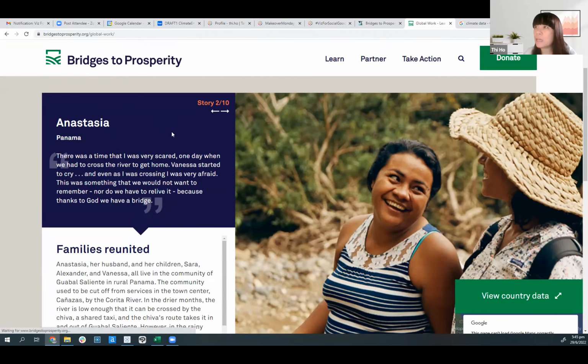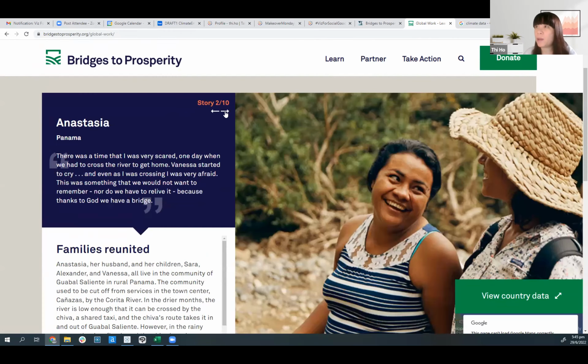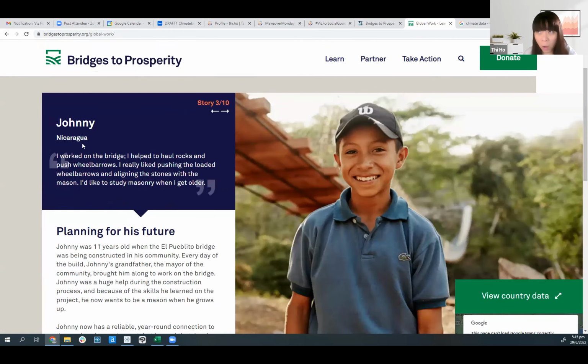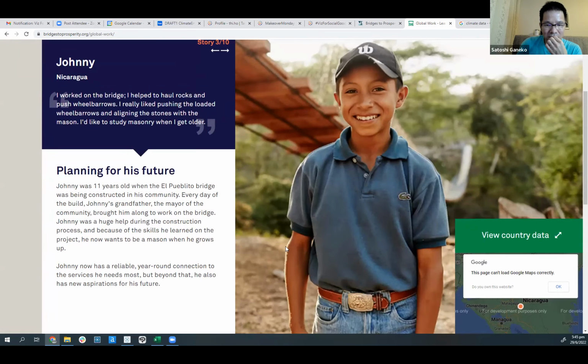We can see people from different countries like Rwanda, Panama, Nicaragua, which could be used together with the data set for Nicaragua that we saw just now about the wage income for bridge and no bridge. So this is a story that maybe we can weave into the data visualization.